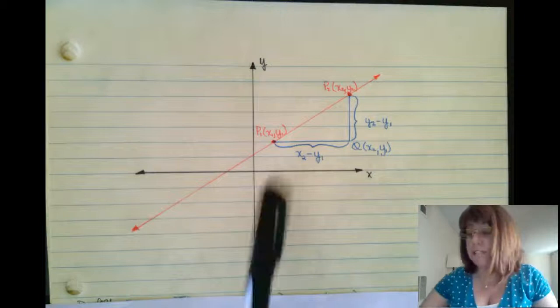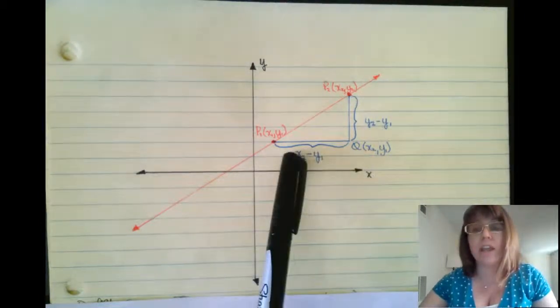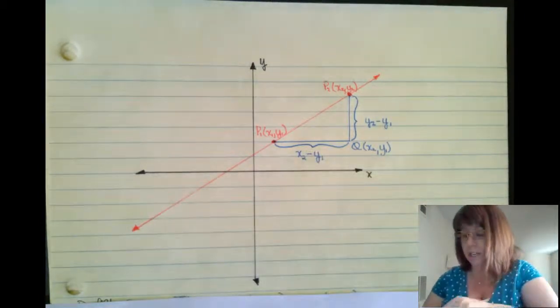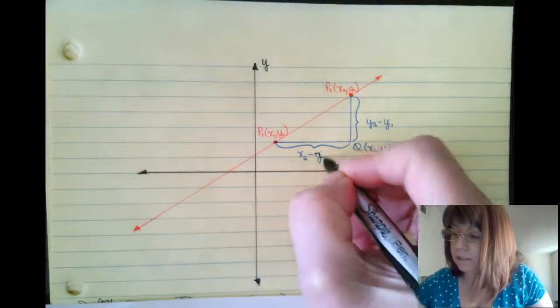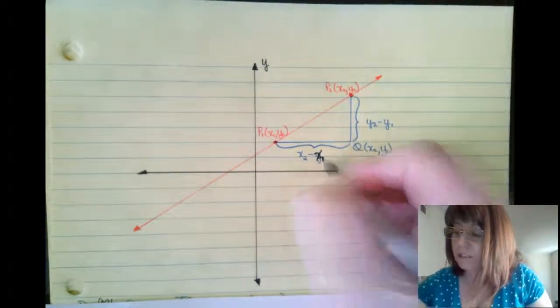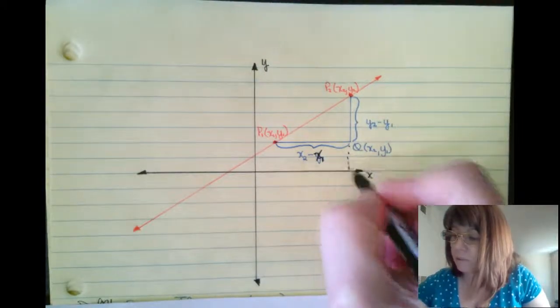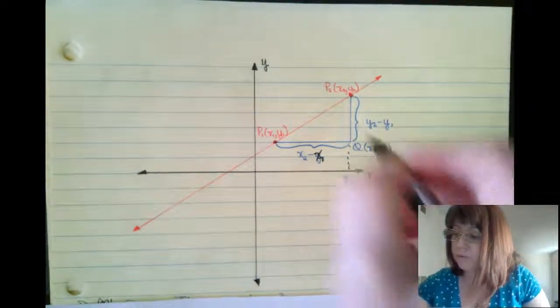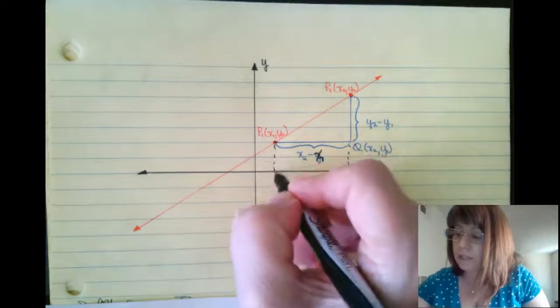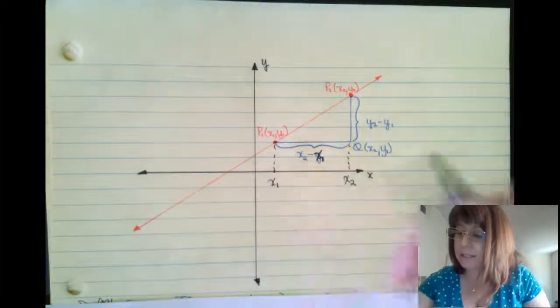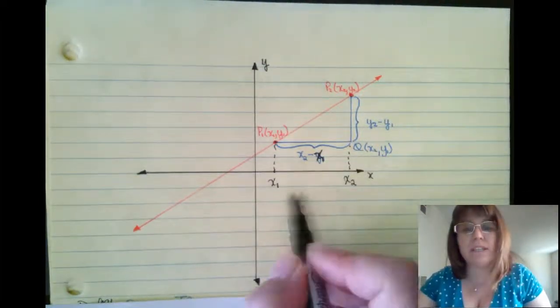In essence, what is the horizontal change and what is the vertical change? Well, the horizontal change is the point where I left off, which is x2,